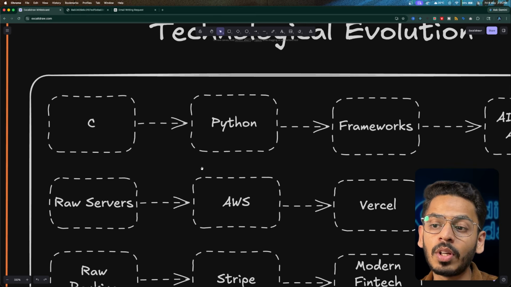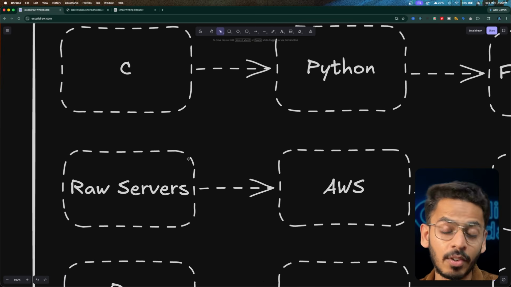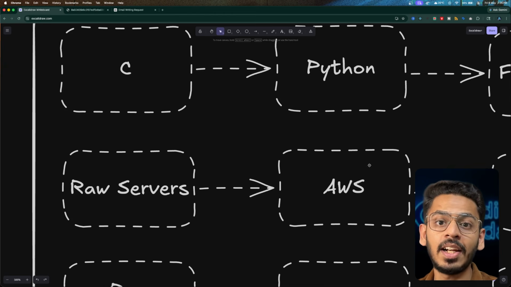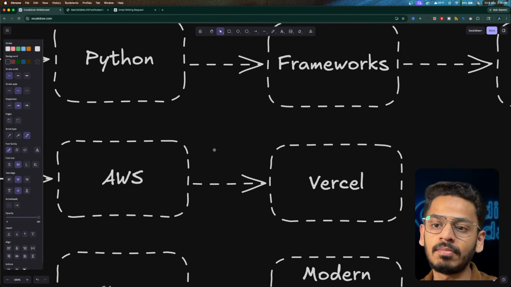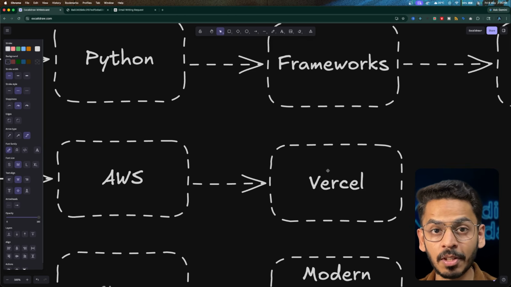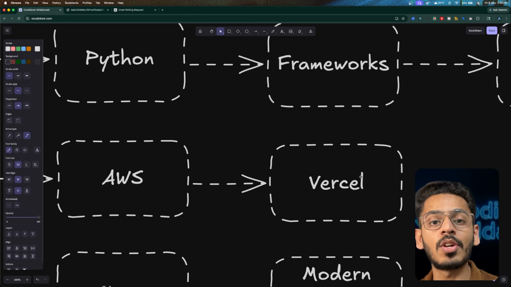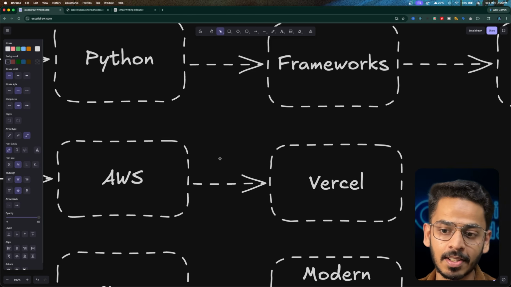When we talk about cloud, earlier we had raw servers, then came AWS, and this is the biggest example of wrappers being used across the world. One of the most profitable companies here is Vercel. Vercel is a wrapper on top of AWS.